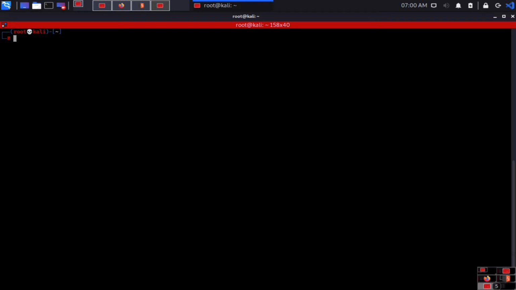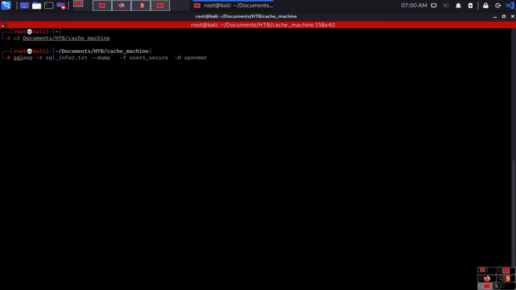You can use sqlmap, cd Documents, and then use sqlmap with -r. Here I enumerate the user called user secure is one table, and the database called OpenEMR.